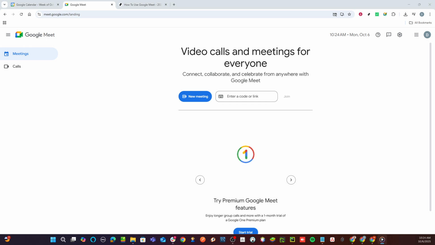with ease. To start, you'll want to head over to the Google Meet homepage. Simply open your browser and type in meet.google.com. Once you're there, you'll see a clean, user-friendly interface. From here, you start by clicking on the option called New Meeting. This is where your journey begins to create a meeting that can either happen immediately or be scheduled for a